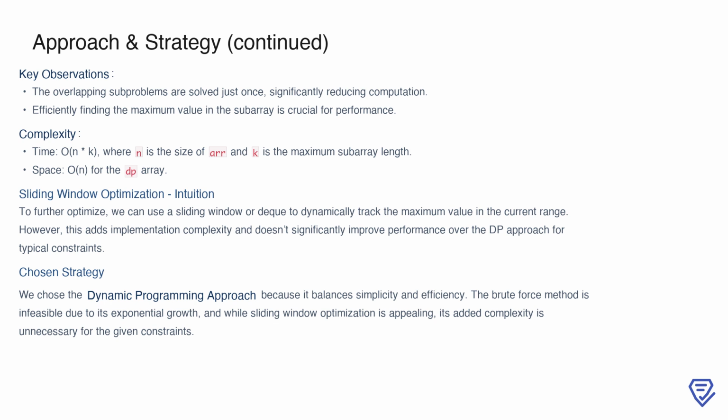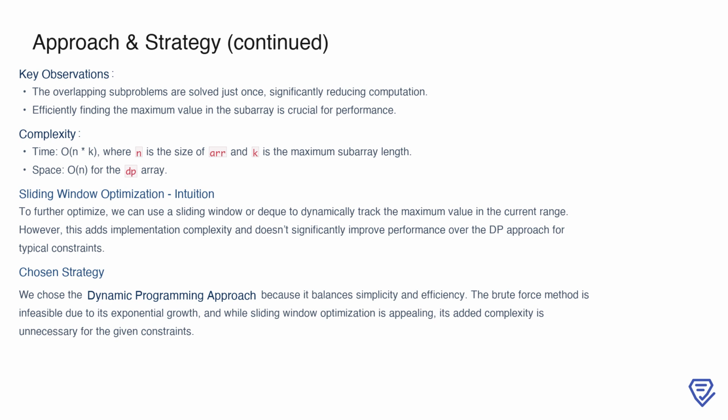Additionally, there is an optimization using a sliding window or deque. This method dynamically tracks the maximum value in the current range, reducing the need to recalculate the maximum for overlapping subarrays. However, implementing this optimization adds complexity without significantly improving performance for standard constraints. As a result, while it is an interesting idea, it is generally unnecessary when the dynamic programming approach already achieves